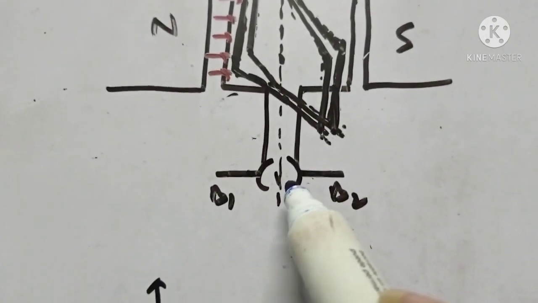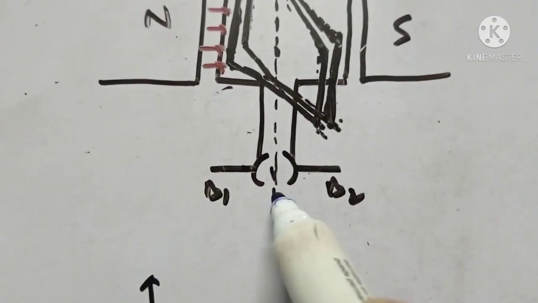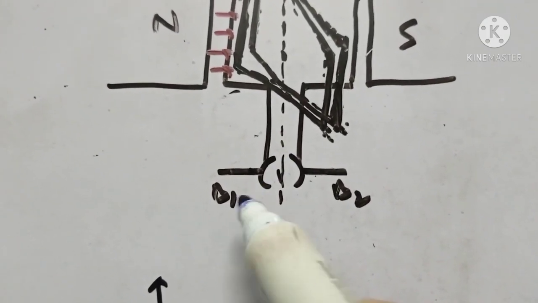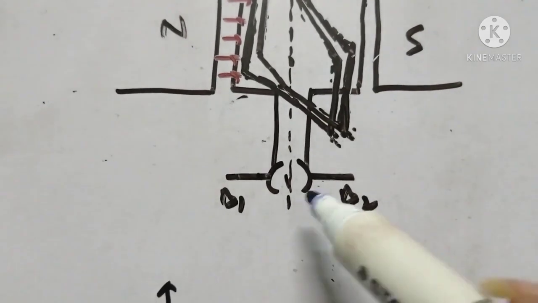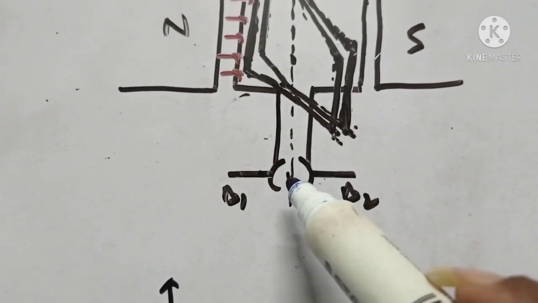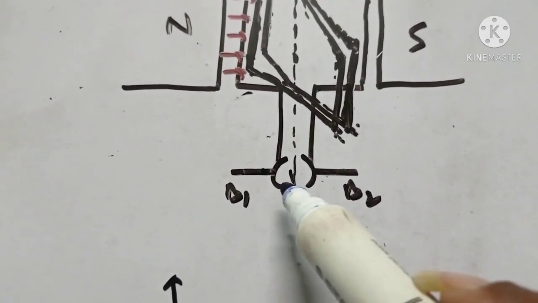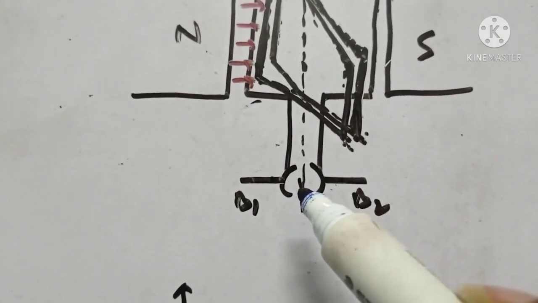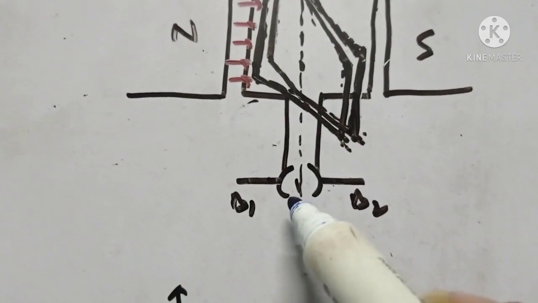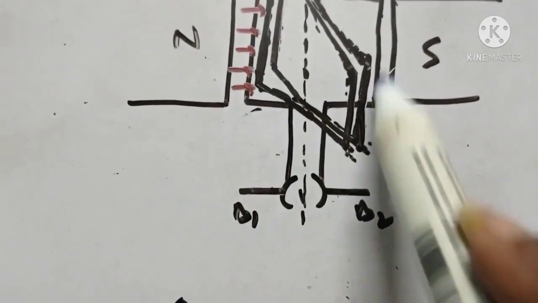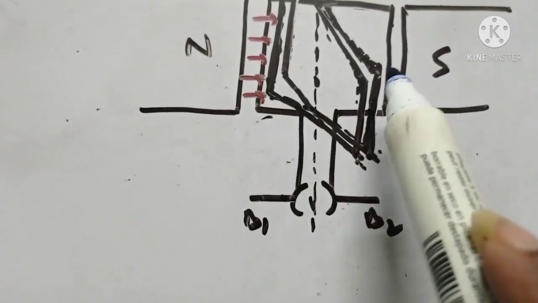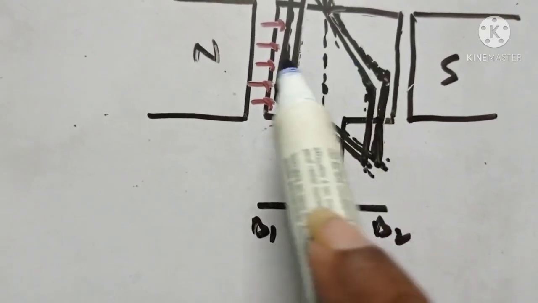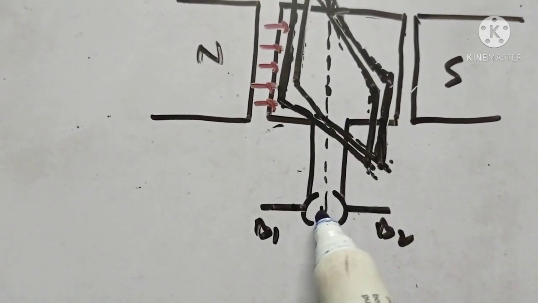What does the split ring do? There is a gap in it. When this gap comes in contact with the carbon brushes, there is no flow of current, that is, EMF becomes 0. When the EMF becomes 0, there is no flow of the current. That means your coil is parallel to the field lines. So there is no flow of the current.